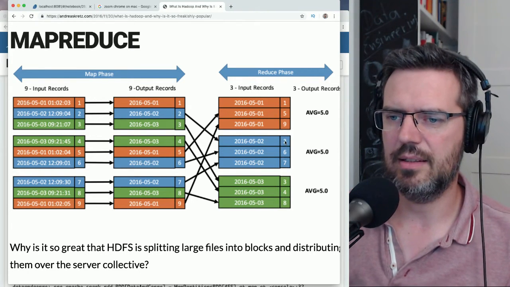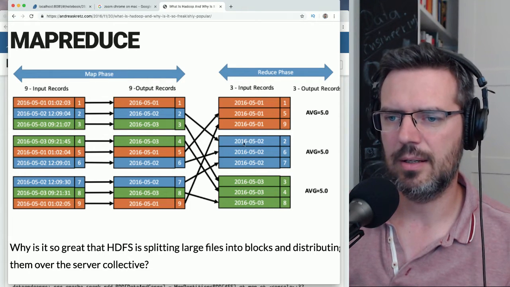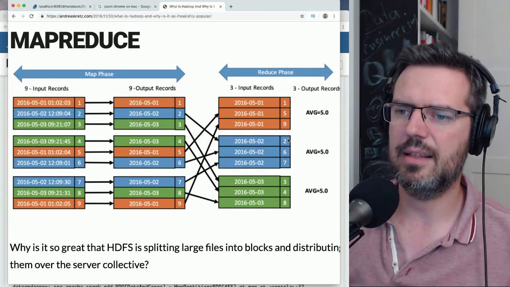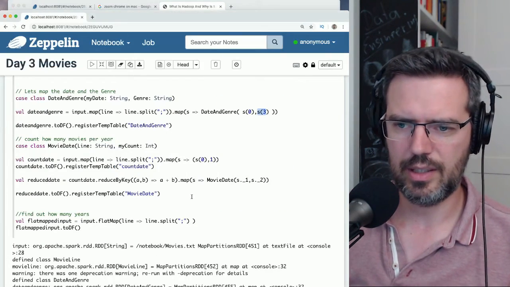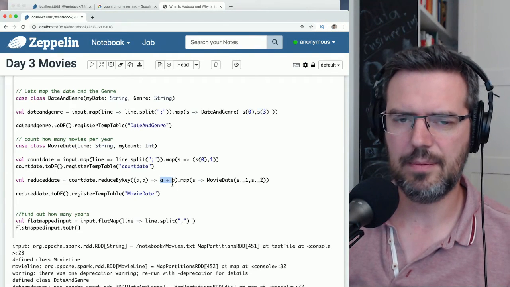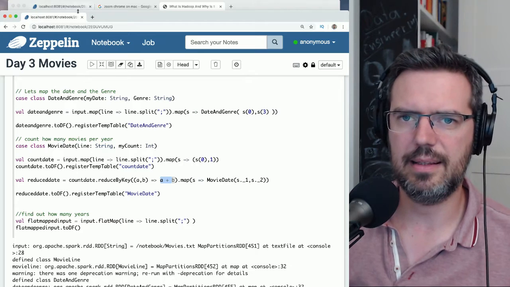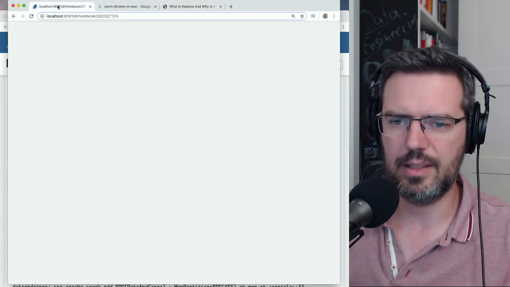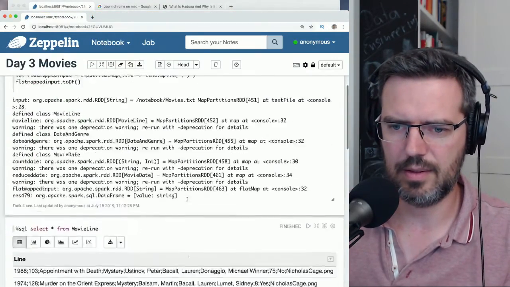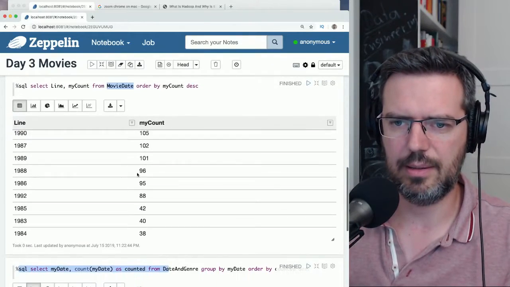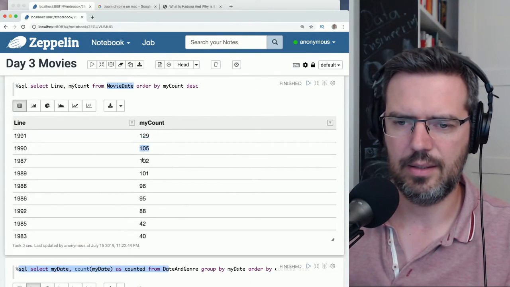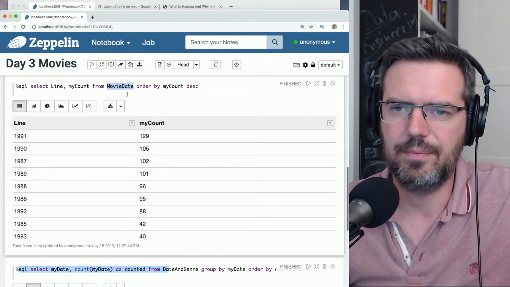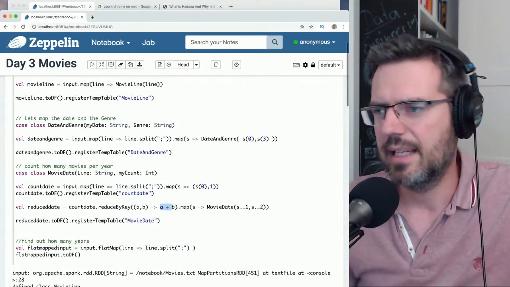In our case there was 1982 with a 1, 1982 with a 1, 1982 with a 1, and then we did A plus B, so 1 plus 1, and these things are getting added together, and we end up with our numbers, 129, 105, 102, and so on. So very simple, very basic.